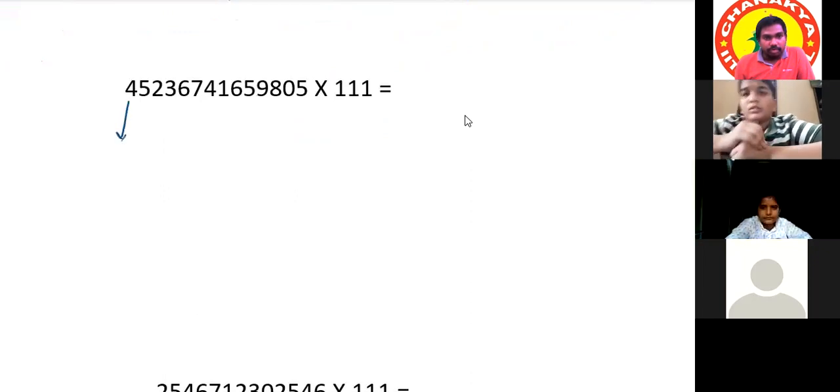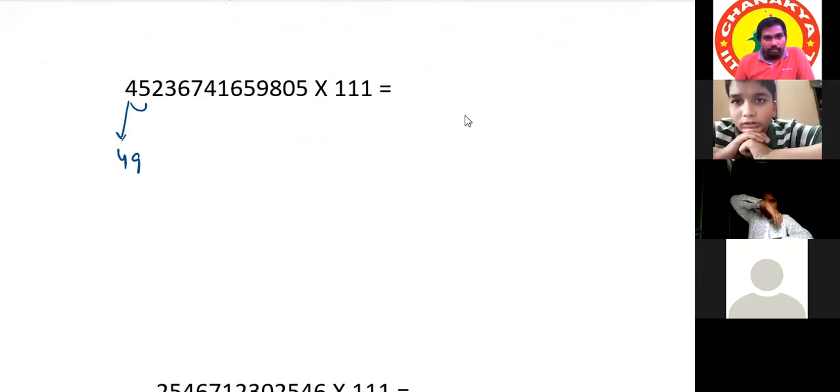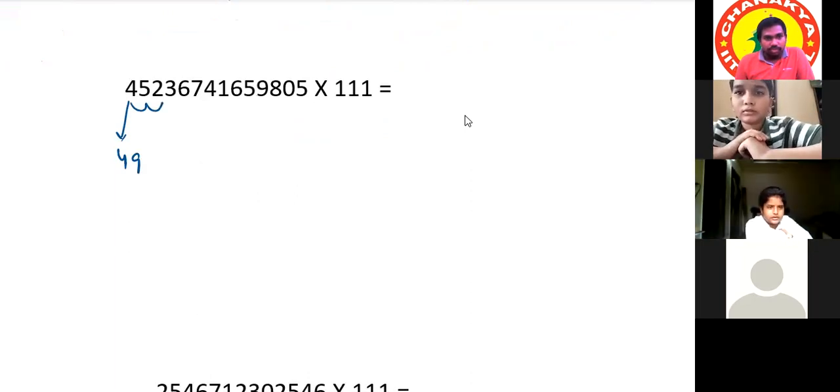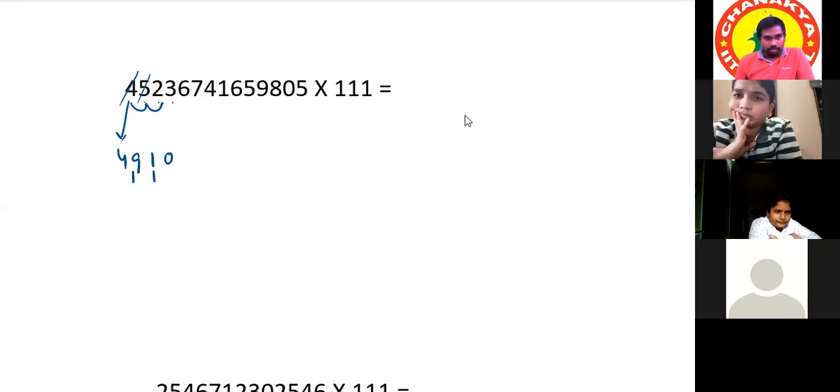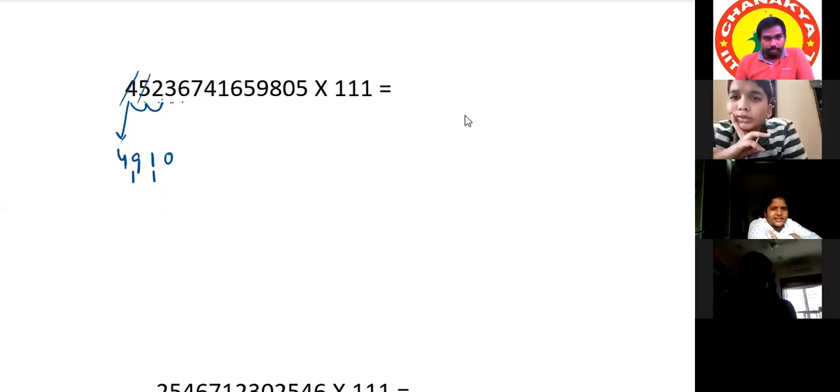First is 4, we write 4 plus 5 as 9, since it is with carries. 4 plus 5 is 9. And 5 plus 2 is 11. 11 means we write 1 and carry 1. Now cancel 4: 5, 2, 3. 5 plus 2 plus 3 is 10, so 10. Then 2, 3, 6.